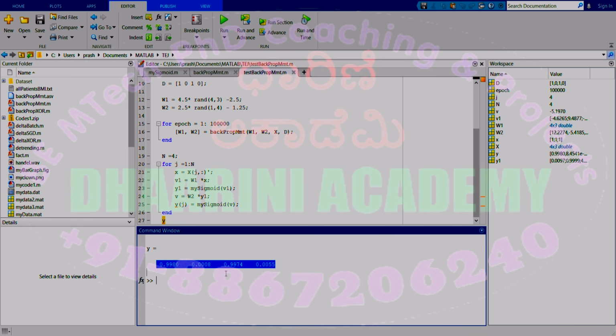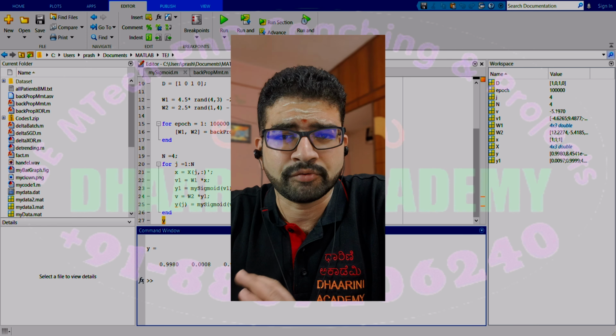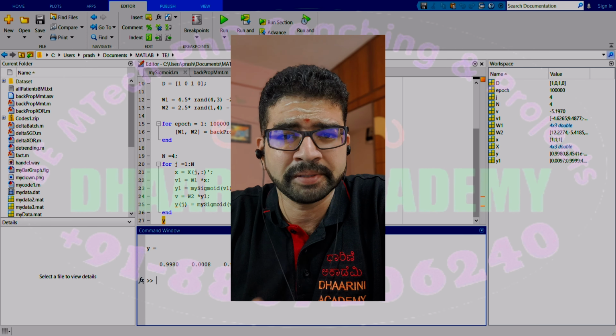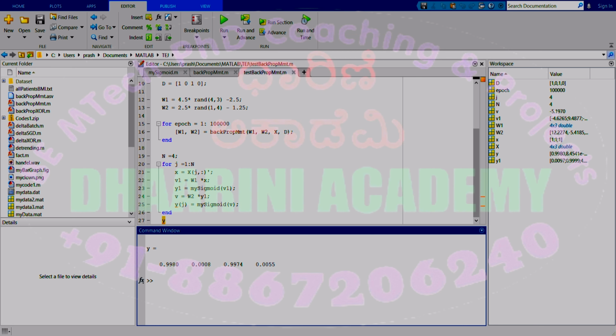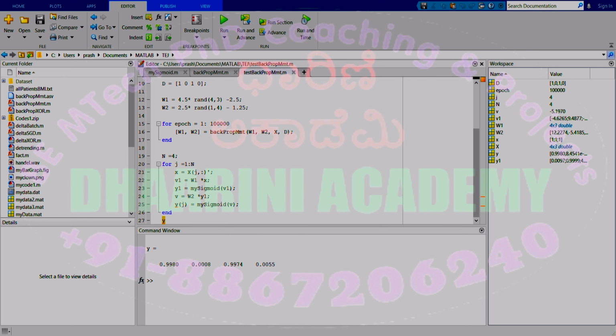We were expecting 1, 0, 1, 0, and it's coming like 0.99, 0.00, 0.99, 0.00. This indicates that the whole concept of momentum increased our learning rate, as well as the stability of the back propagation algorithm. So overall, we can conclude